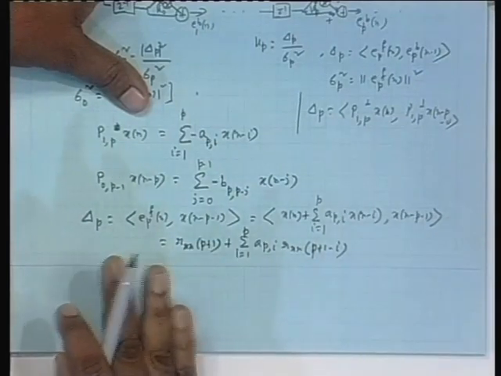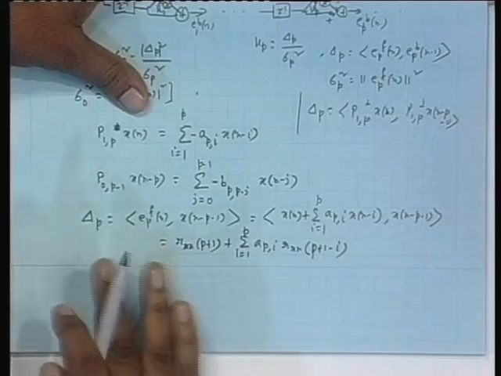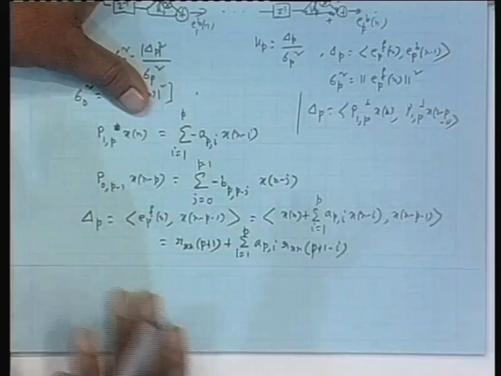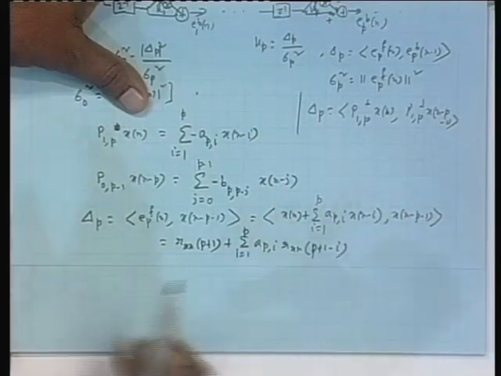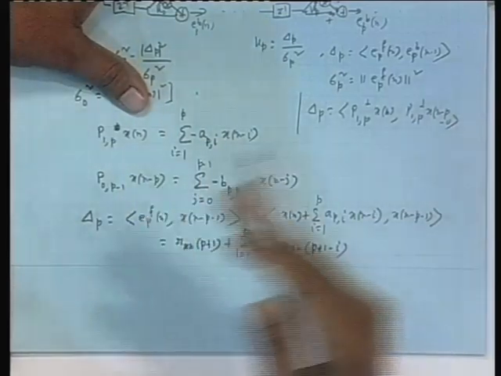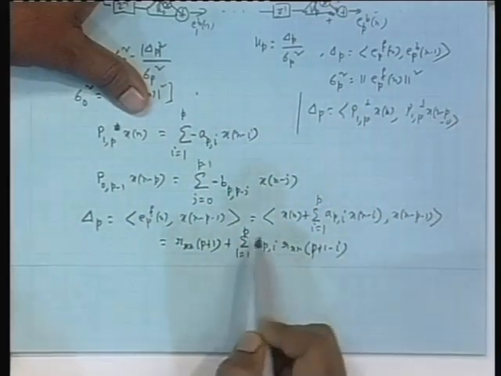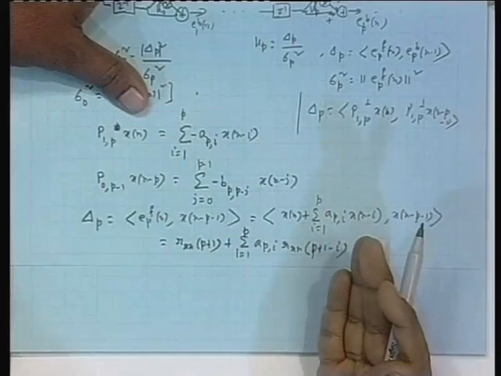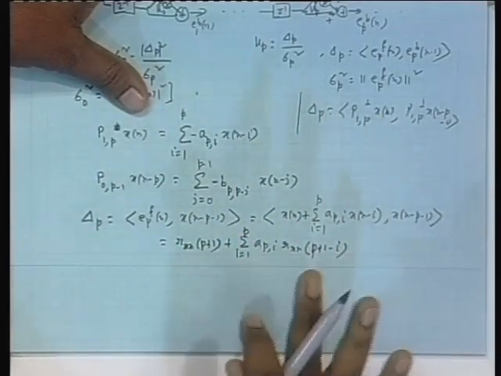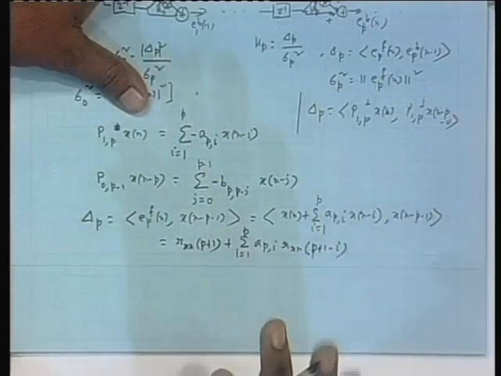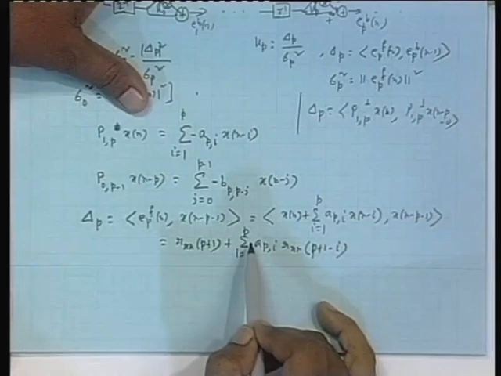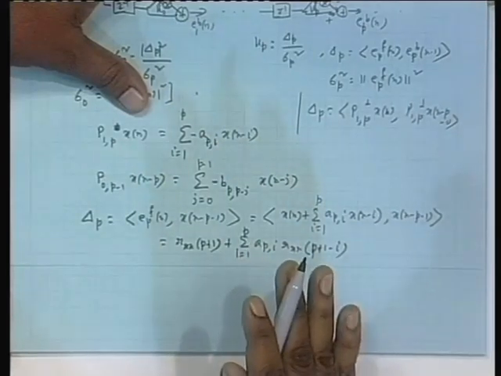Mind you, there is no fast algorithm, no recursive way of updating delta p directly. Recursive means computationally efficient. Here you see so much computation is required, and as the value of p increases, because you go to a higher stage, the number of operations becomes more and more. But you can't help that. There are ways to parallelize this computation, like the Schur algorithm, that I will not go into. But you understand this computation depends on p, and we have to carry it out.